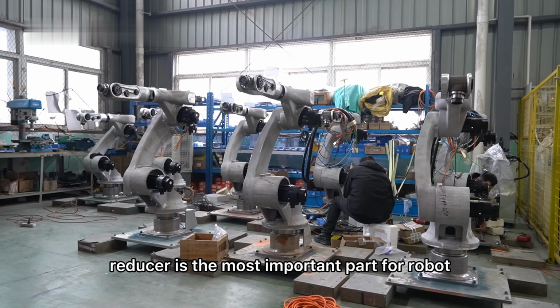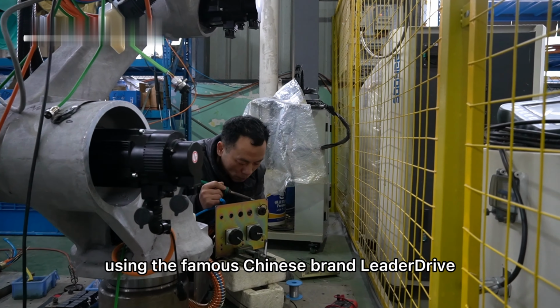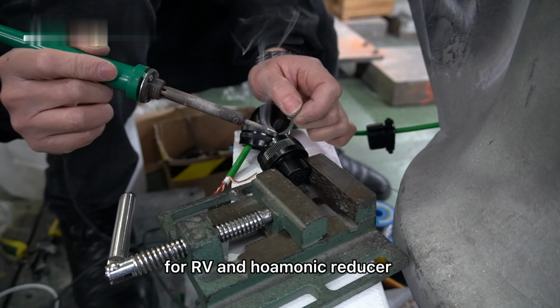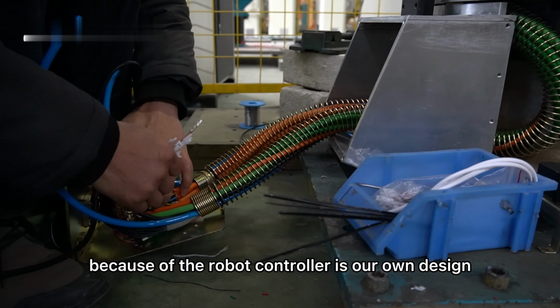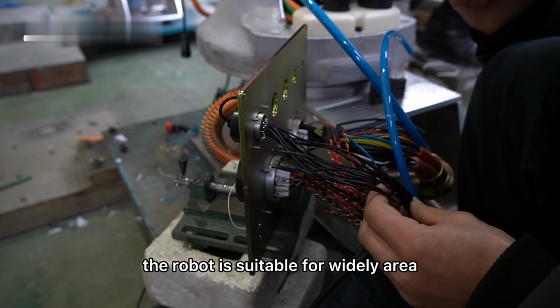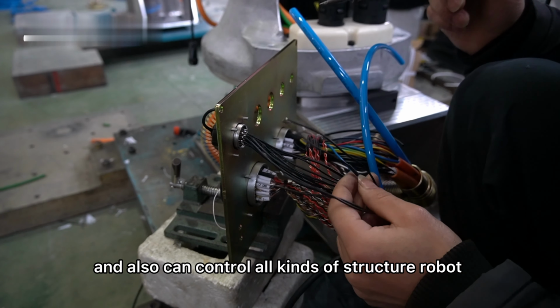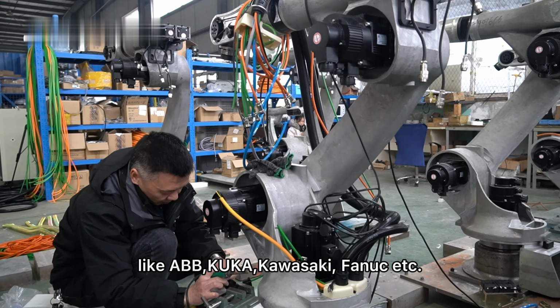The reducer is the most important part of the robot. NEWker-CNC uses the famous Chinese brand Leader Drive for RV and harmonic reducers, because the robot controller is our own design. The robot is suitable for a wide range of areas, and can also control all kinds of robot structures, like ABB, KUKA, Kawasaki,